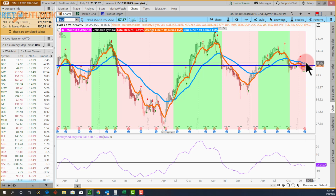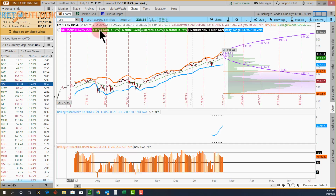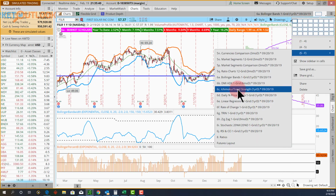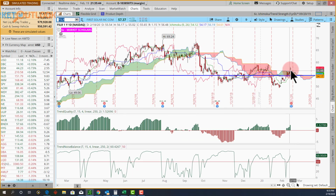We're flirting with the 200. We have an opportunity for a breakout pattern here. If you look at its Bollinger Bands, we are pushing the upper band up, clearing this volume node, working our way towards another one here, and of course breaking through that, we're into the path of least resistance and on our way to the upside. Looking at the Ichimoku cloud, you see we're crossing above the cloud, which is a very